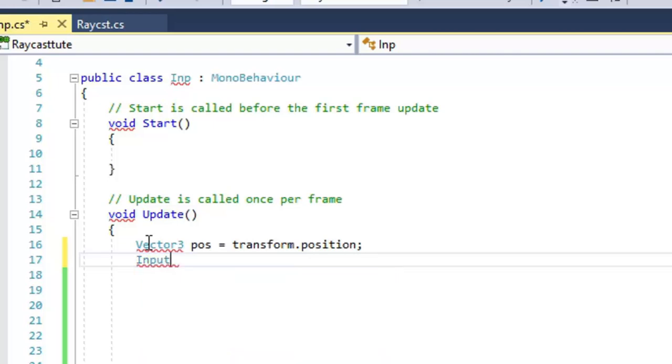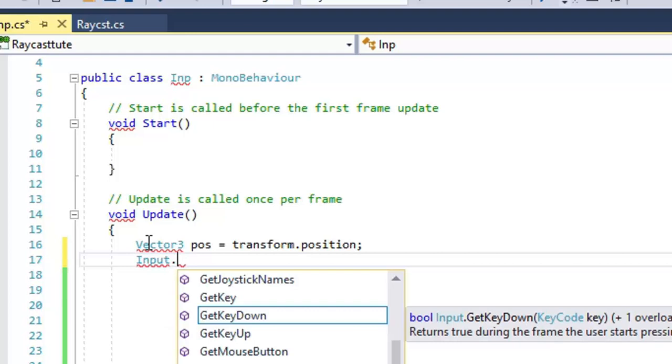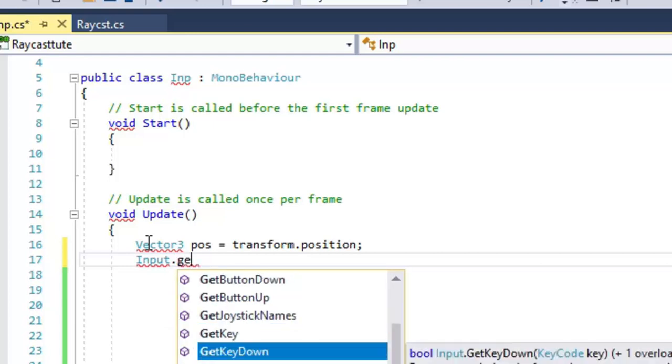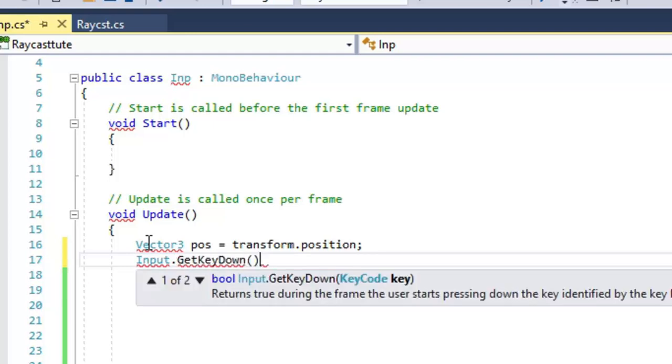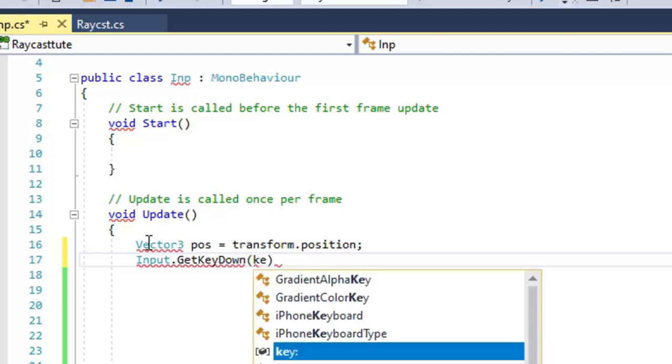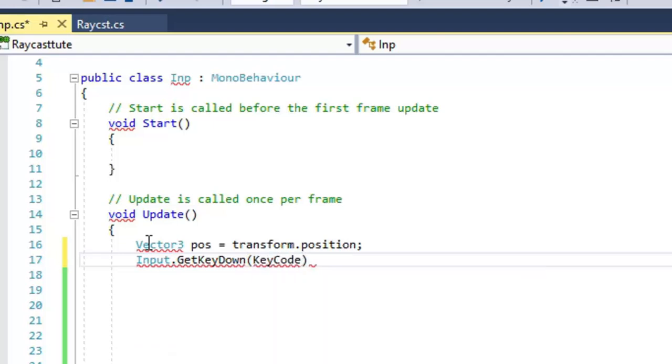Now I will check for the input, get key down, key code. I am again taking the key space. So I have to check this condition, so I will write if.